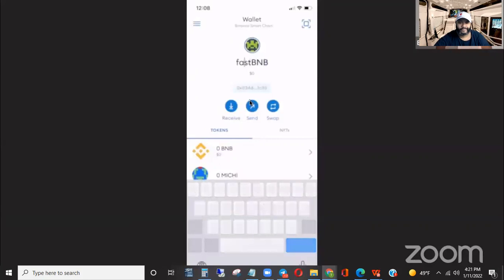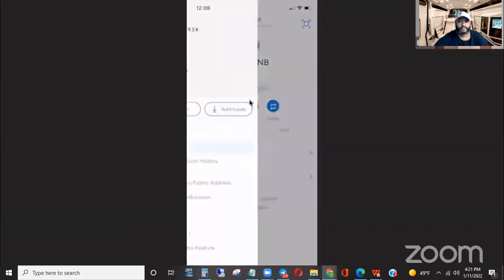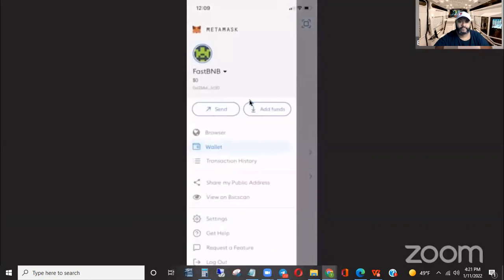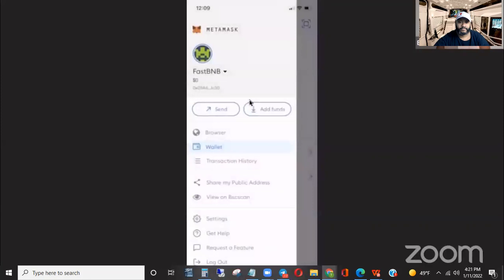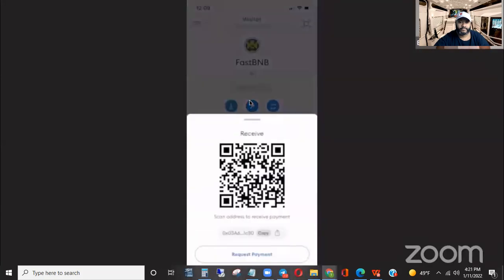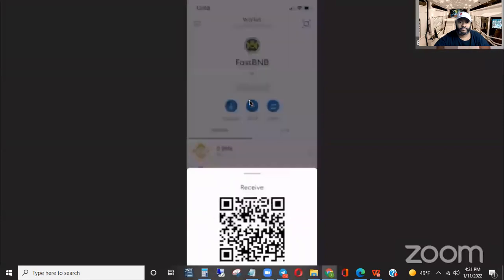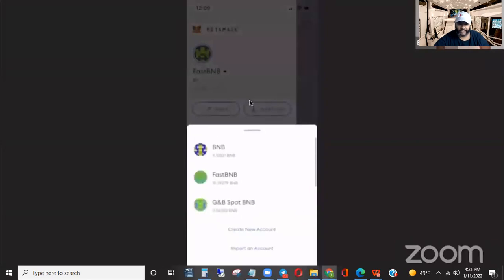FastBNB, or whatever you want. You don't have to name it. You can name it whatever you want. But this is when, oh look, I don't have Binance Smart Chain. So you're either going to have to buy some through crypto.com or Trust Wallet or Binance US or Binance, or if you have it in a different wallet, you can actually just get this receiving address to the current wallet you're in. So the wallet I'm in, I'm going to grab the receiving address. I'm going to copy. This is a cool detailed one I'm showing you. I'm going to go to this other one.